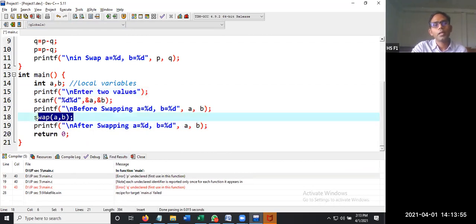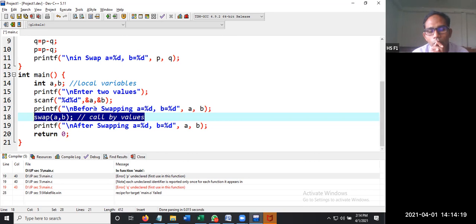So what we are doing here is calling by value. This is called call by value. You are calling the swap function by values. The other option for this is call by reference.